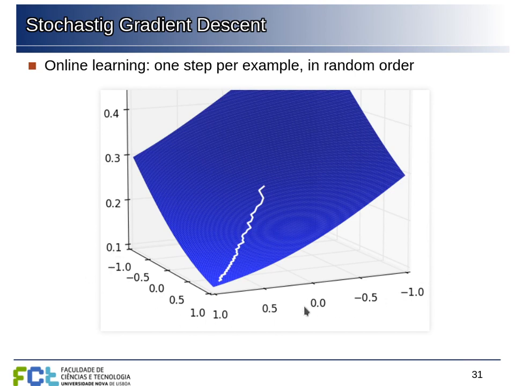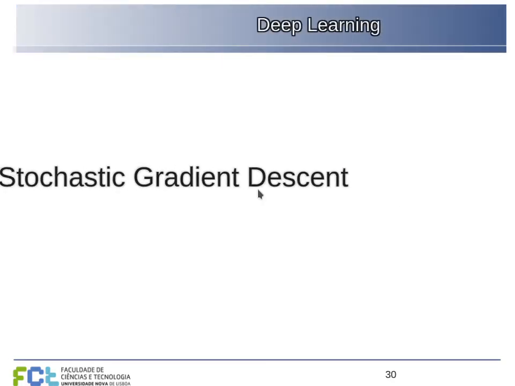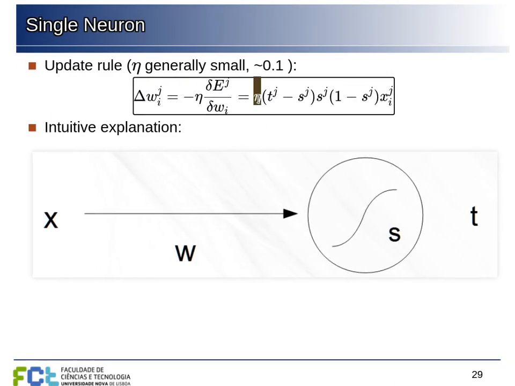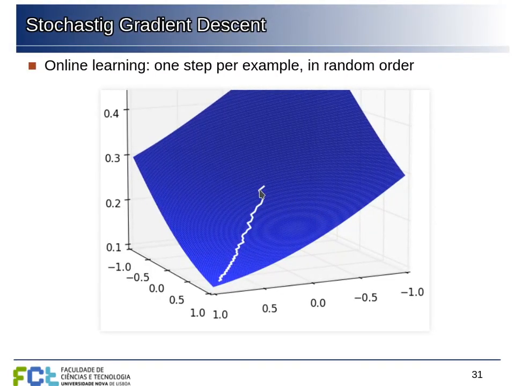So suppose we had 2 parameters in our neuron, a very simple neuron, and we would find out that going in this direction, when we have this particular example J, we start at that particular point, and this tells us that we can go down the error function going in this direction. So we take a small step in that direction, and this small step is given by this eta here. The size of the step will be determined by the eta. And then we choose another example. And now for that other example, we know that the error function will slide down in a slightly different direction, and we take another example, another step, and so on.